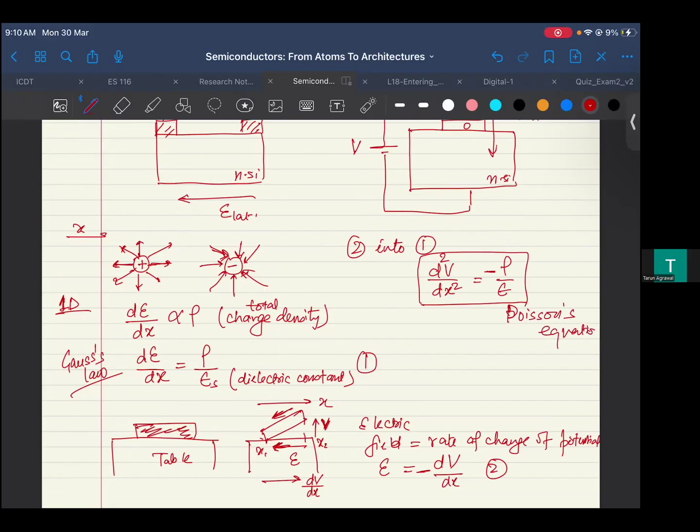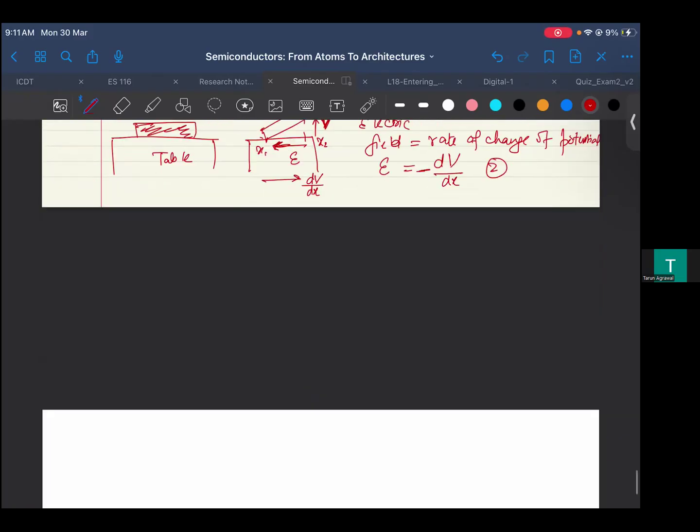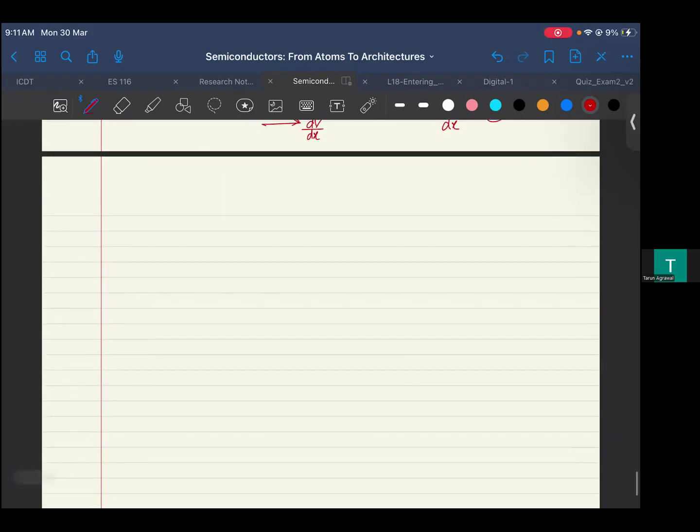Which is a key semiconductor equation. If somebody is modeling electrostatics, this is the key: how, when I am applying a potential, my charge is changing within the semiconductor, which results in a local field or local potential distribution. So that is why, when one is studying semiconductors, it is very, very important